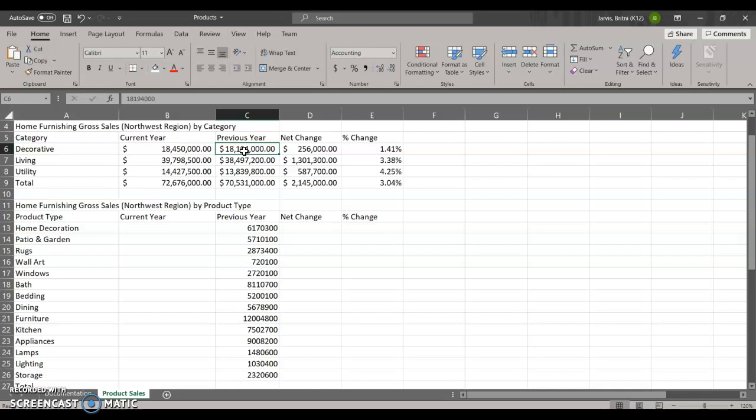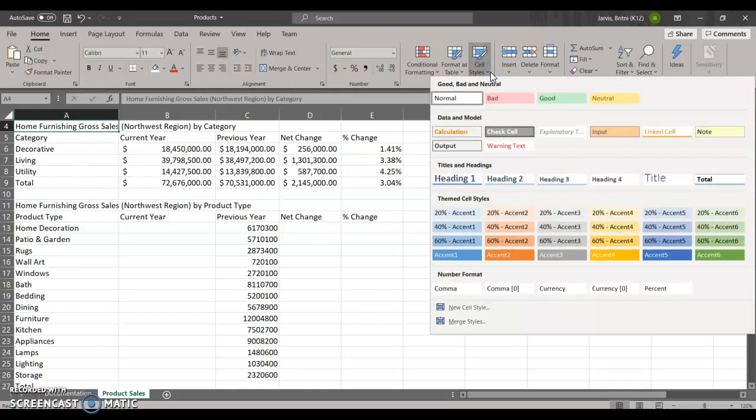We need to format cell A4 with the title cell style. So I'm going to click on A4, and there are lots of different cell styles that you can add, and cell styles are just specific formats. So there's a button that you're going to click for cell styles. It's on the Home tab in the Styles group. If you click the down arrow to expand the box, you can see all of the options that you have